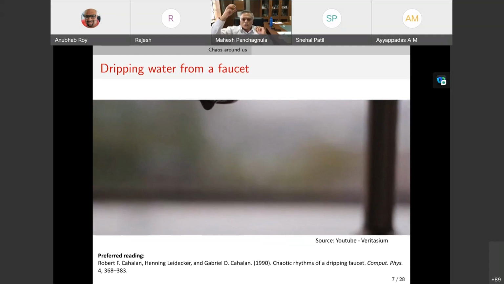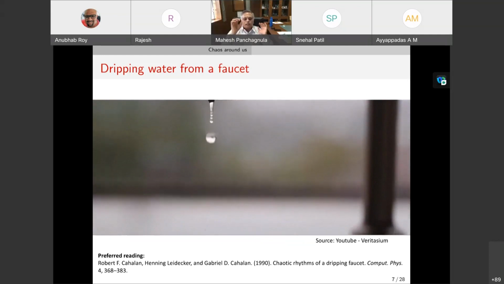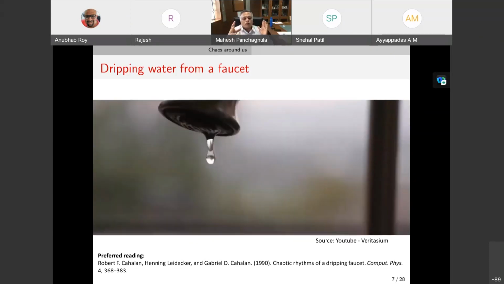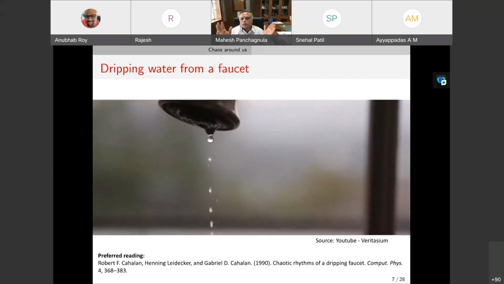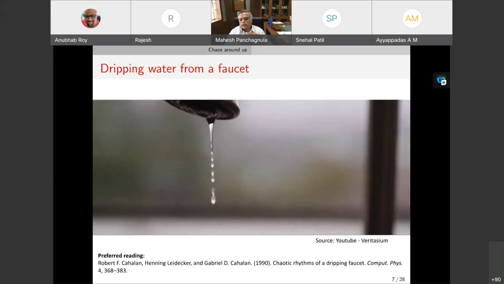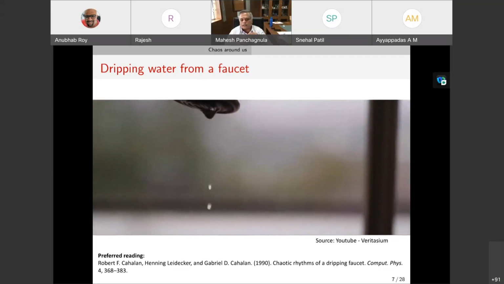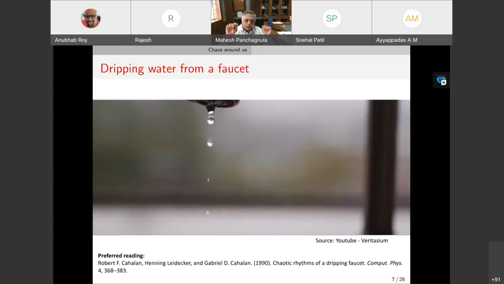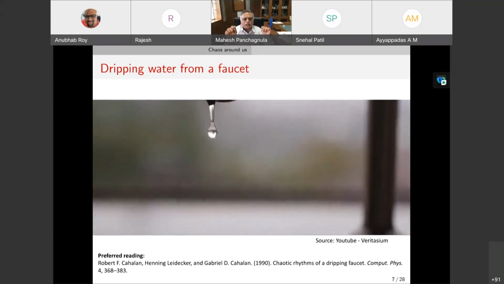So you get a drip, then 1 minute later there's just a little drop forming, one more drip, etc. Now if I gently increase the flow rate, and there are experiments on YouTube that you can see, I'm pointing you to one that I like from a channel called Veritasium, if you increase the flow rate very gently, you'll go into a 2 drip state.